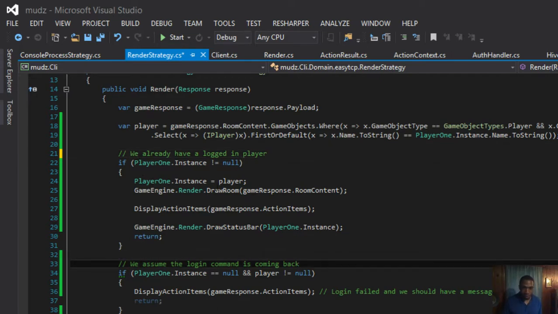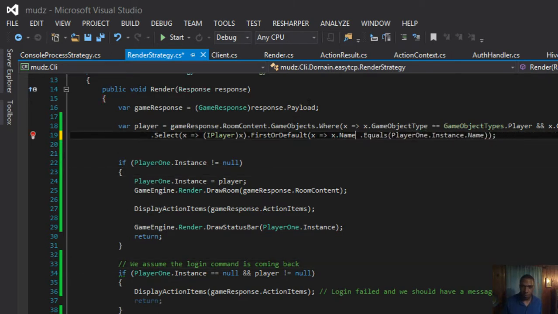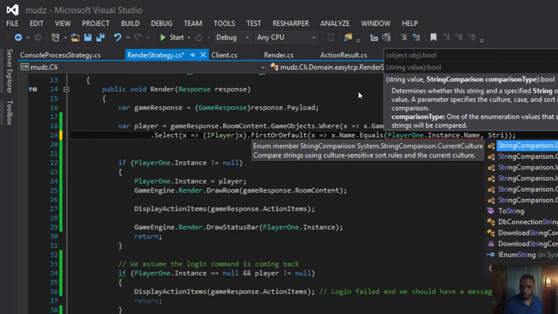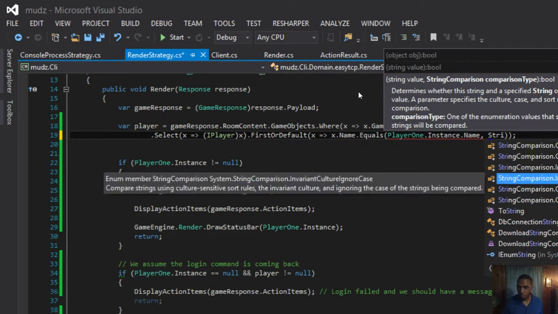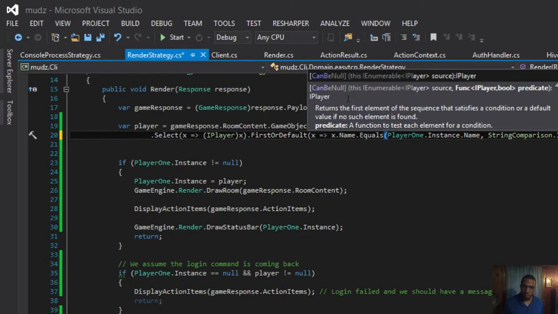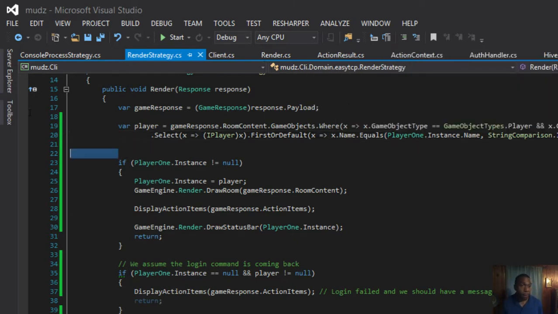Then we assume a login command is coming back. Oh, I see what you're saying, Smudge. Thank you. My brain really is shutting down.